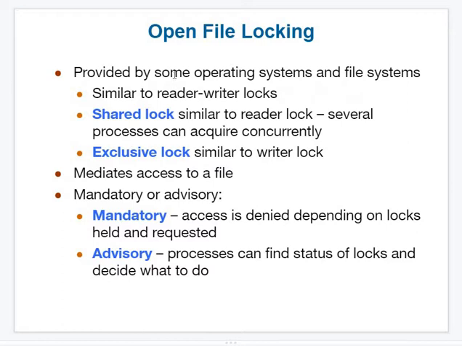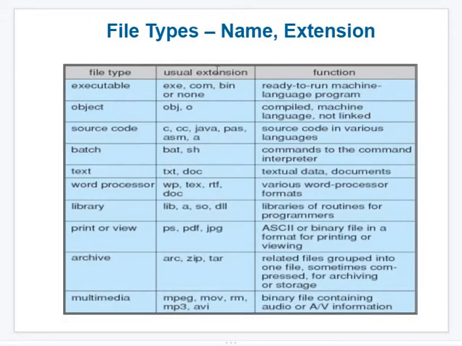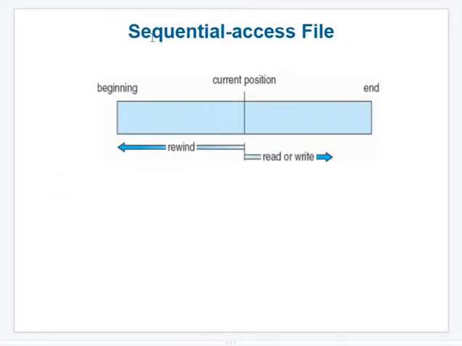We have also seen that once the file is opened, can we apply a lock on the contents? Is it possible to apply only a read lock on a selected area of a file, and also a write lock? That we have seen in the previous session. So this is some idea about file types.